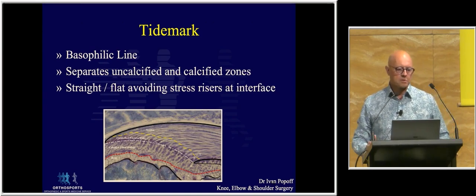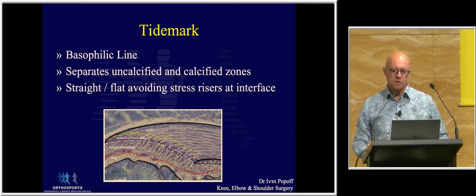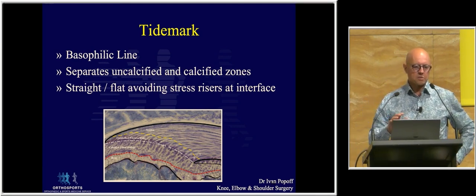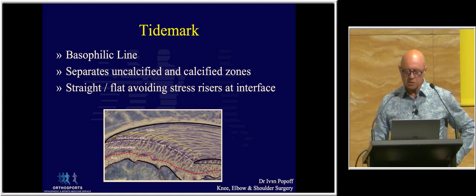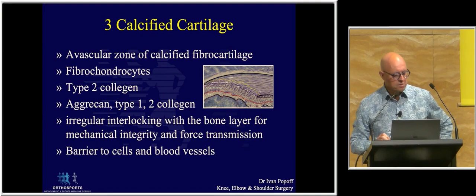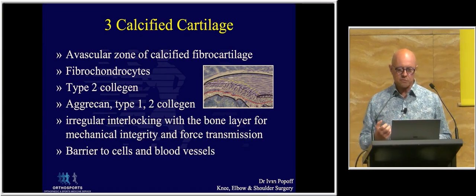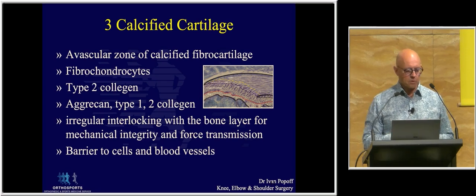The tide mark is the boundary between the non-calcified and the calcified areas. It's a basophilic line, which means it stains with basophilic stains. And the thing is, it's flat and it's straight, and that's to decrease stress risers at the interface to protect it. Going on to the area of calcified cartilage, again, it's avascular, it's calcified, it's full of fibrochondrocytes, type 2 collagen, aggrecan, type 1 and 2 collagens,